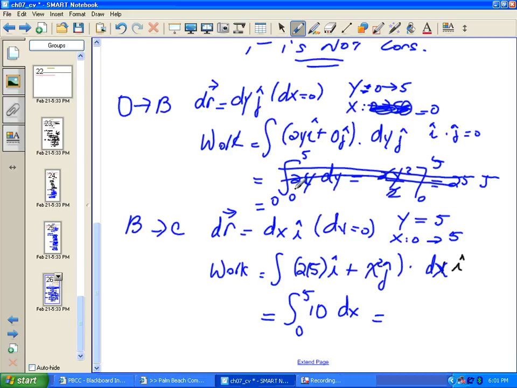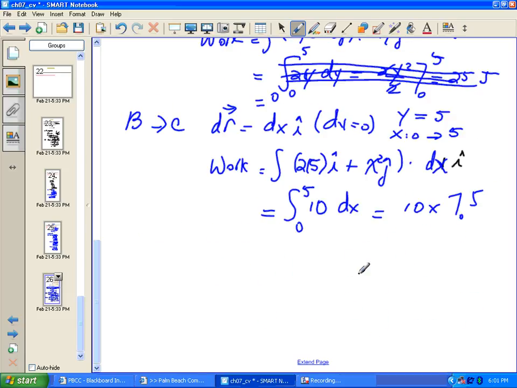The first integral gives us 0 amount of work. It's this integral which is actually going to supply the work. 10x from 0 to 5 gives us 50 joules of work. So I apologize. Please note the error that I made. Go back and have a look to make sure that you understand why this first integral is 0. All right, now